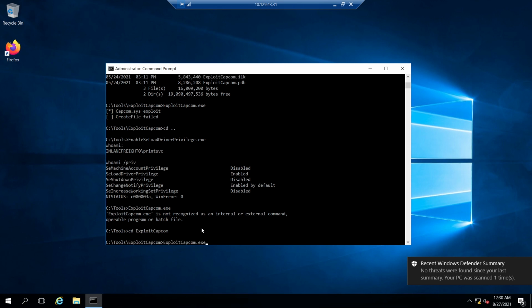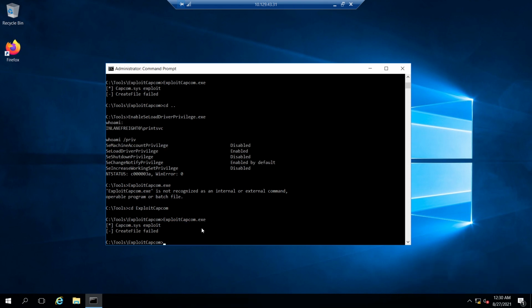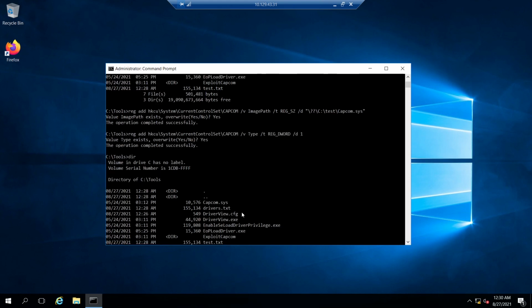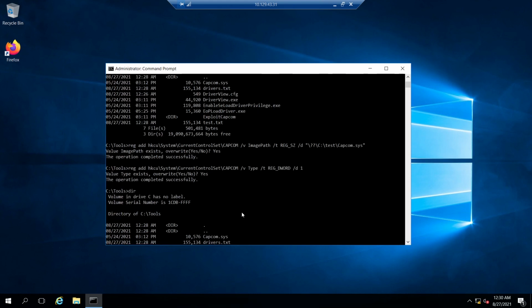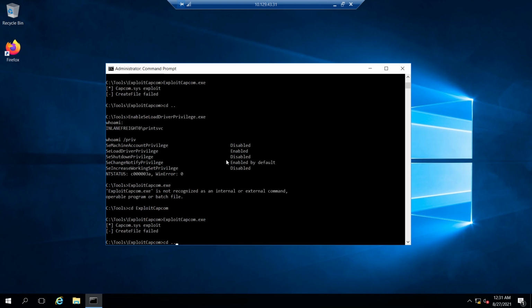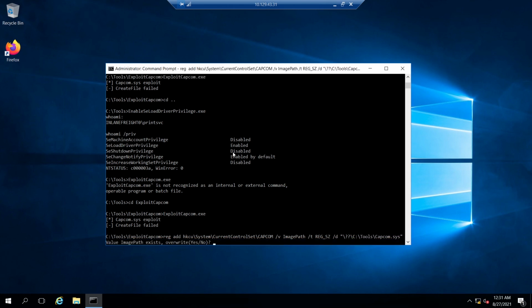I think our driver should load now, but it failed. Oh, I'm sorry. I put it as C:\test. By default it's in C:\test. We need to change it to tools. Hit enter.